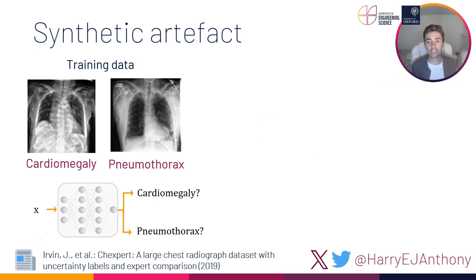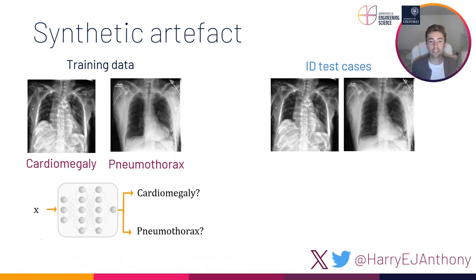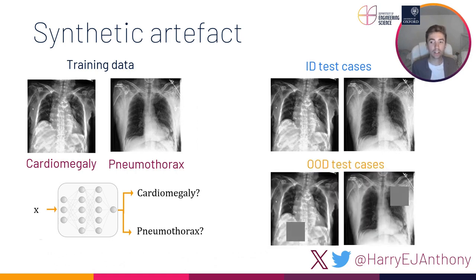To study this method, we use the CheXpert dataset, which is a set of multi-label chest X-rays. For our training data, we got images either with positive cardiomegaly or positive pneumothorax, and we trained a neural network to classify between these images. We then used 10% of unseen images as our ID test cases. And for our out-of-distribution test cases, we added a synthetic grey box to each of our ID test cases. The reason we use the synthetic artifacts is because it gives us a lot of control to see how these